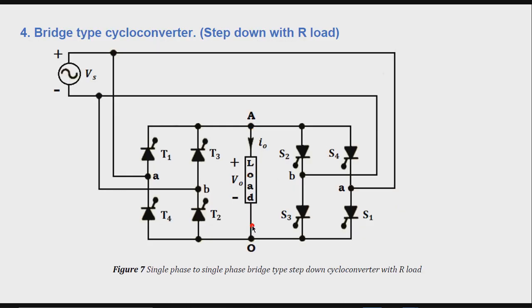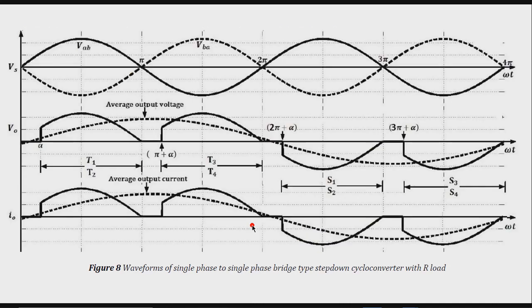The waveform for the load current for this period is shown in this figure. This is the load current waveform and this is the load voltage. The thyristors T1 and T2 remain on till omega t is equal to pi. At omega t is equal to pi, the load current is 0 as the supply voltage falls to 0, and hence T1 and T2 are commutated naturally at omega t is equal to pi.